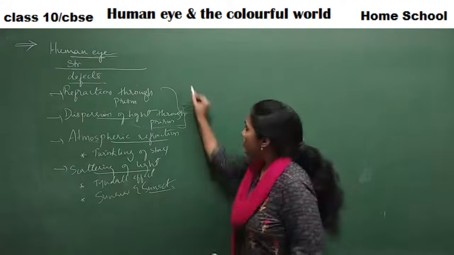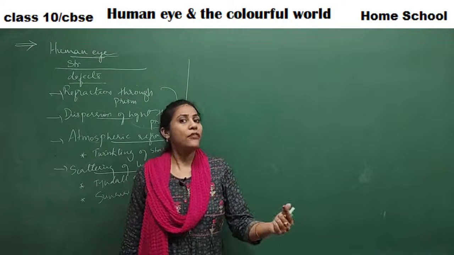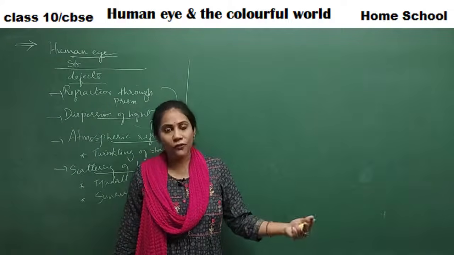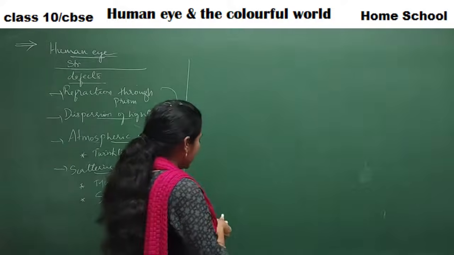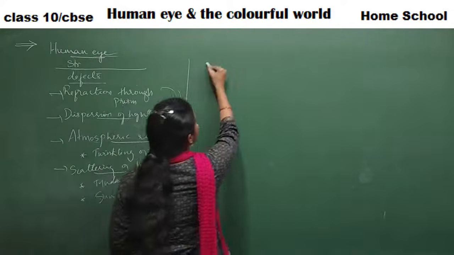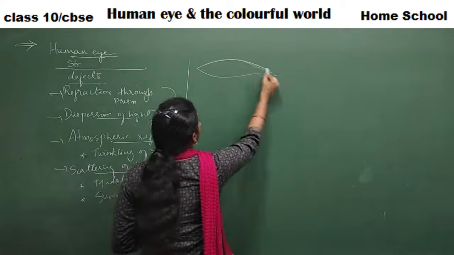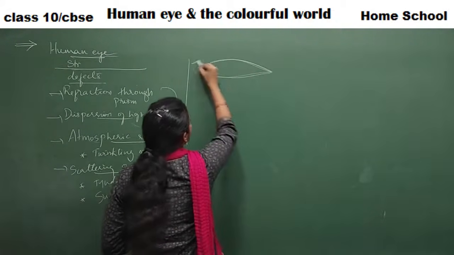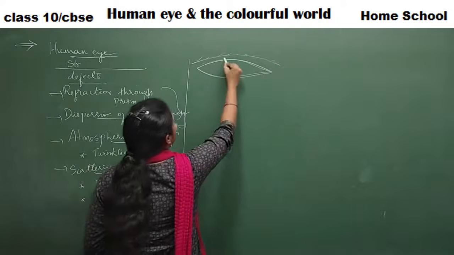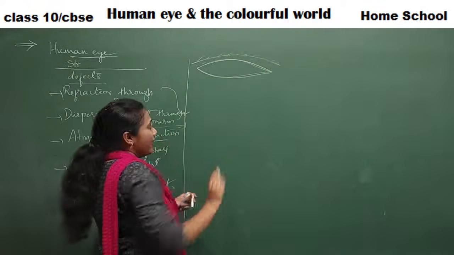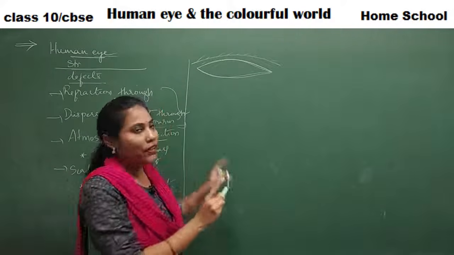Clear? So knowing the components of the eye, the different parts of the eye, is very important, right? And basically, how does our eye look? To see an eye, I am drawing an eye, not a very perfect drawing. These are our eyebrows, right? You have eyelids also. Anyway, this is how the shape of an eye looks.